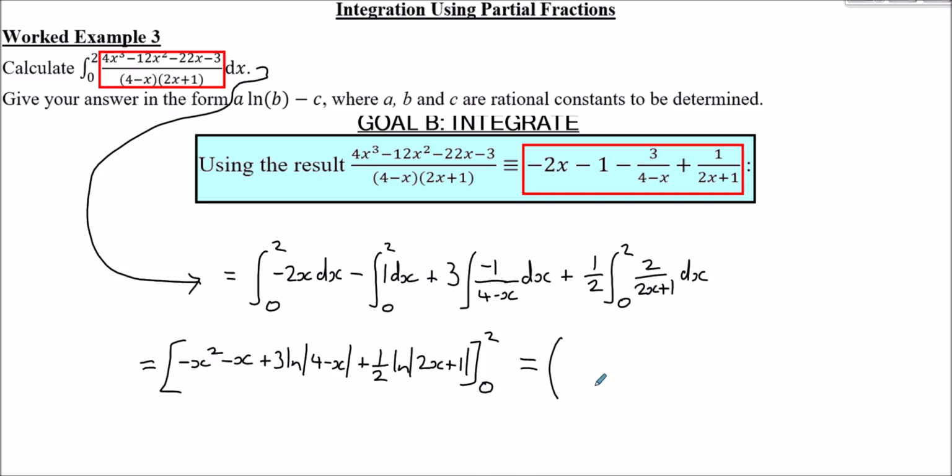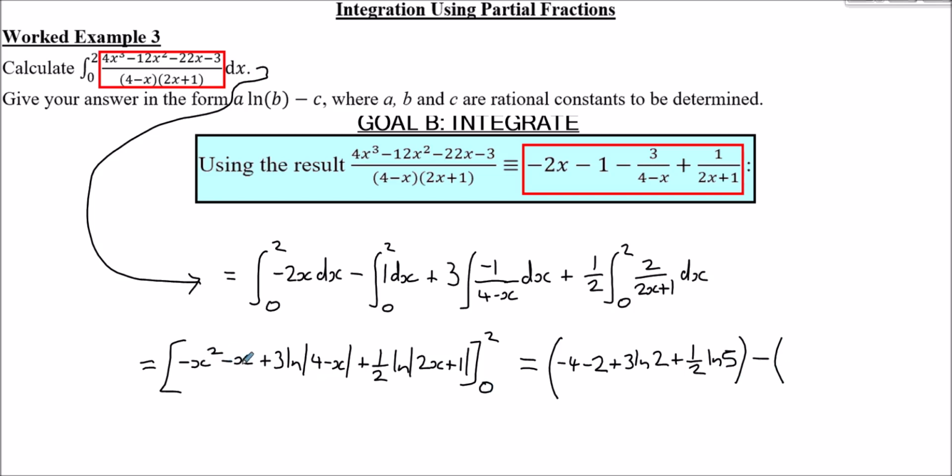So, the upper limit of 2. When x is 2, minus x squared will give minus 4. Minus x becomes minus 2. Then I get plus 3 ln of 4 minus 2, which is just 2. Then plus half ln of 2 times 2 plus 1, which is 5. So half ln 5. Then minus, when I get the lower limit of 0 substituted in,